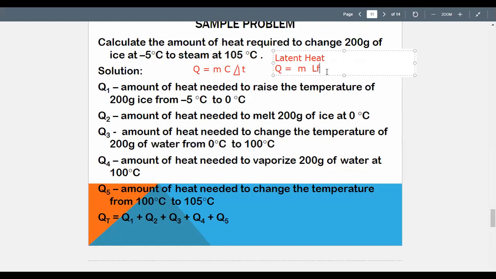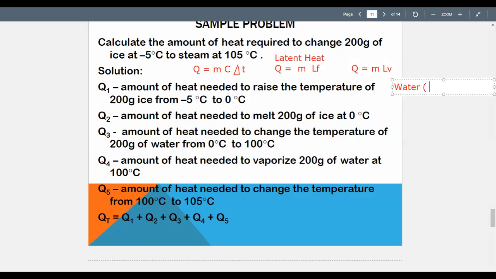Now, another form of heat, guys, is latent heat of vaporization. So if we are dealing with latent heat of vaporization, then we are dealing with LV. LV is for latent heat of vaporization. Now, at different states also, the specific heat of the substance is also different. Now, in the case of water,